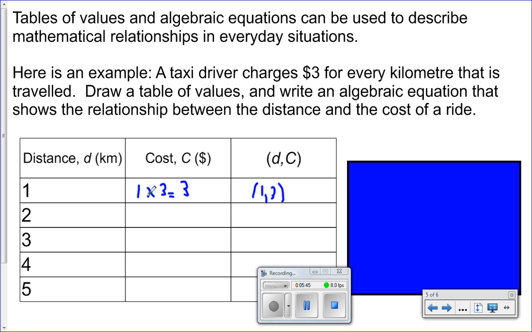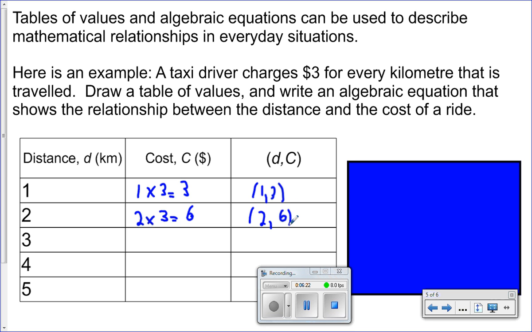Okay, if the distance is 2 kilometers, that's going to be 2 times 3. That equals 6. So my second pair is 2 and 6. So what you're going to do is you are going to fill out the rest of this table of values,